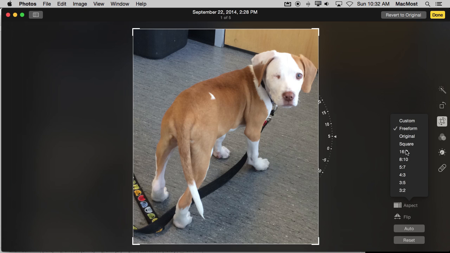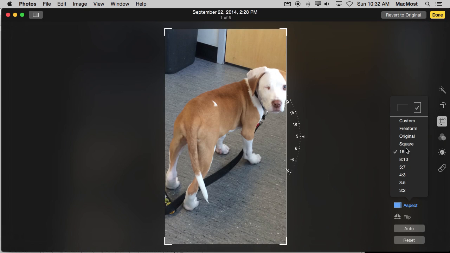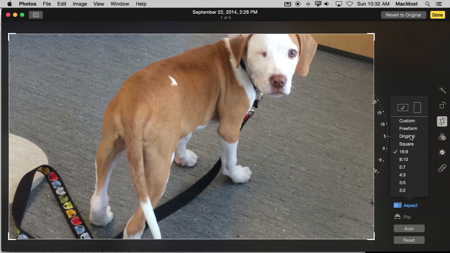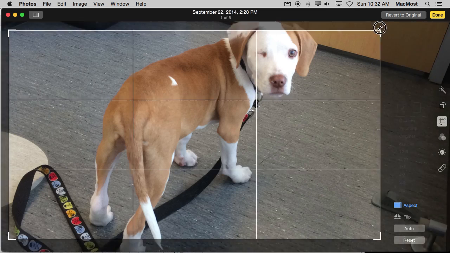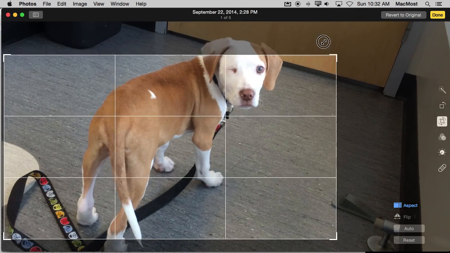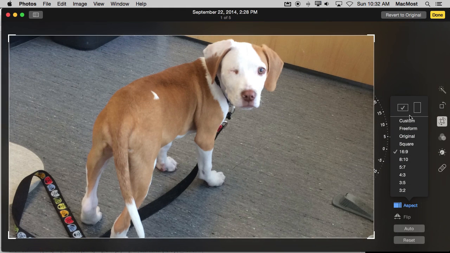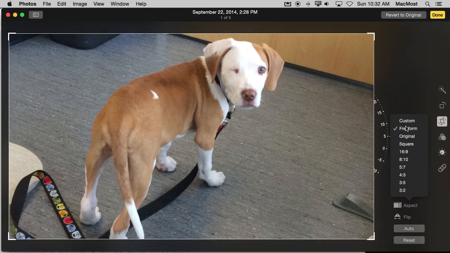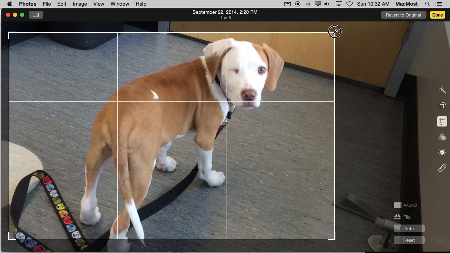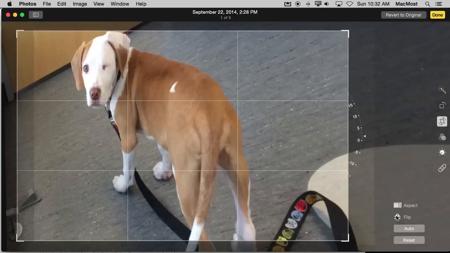You can use the aspect ratio tool to actually go to a certain aspect ratio. So if you want it to be 16:9, for instance, I can do that, and you can see it will stick to 16:9 now that I've selected aspect. I can free it up again by going to Custom or Freeform here, and now I can adjust Freeform again. I can also flip the photo,